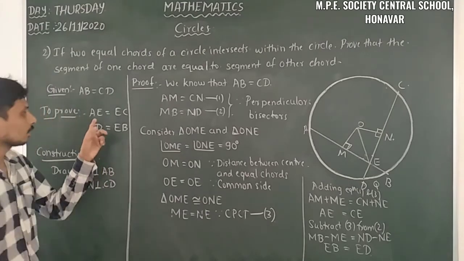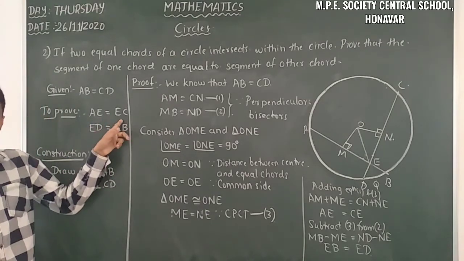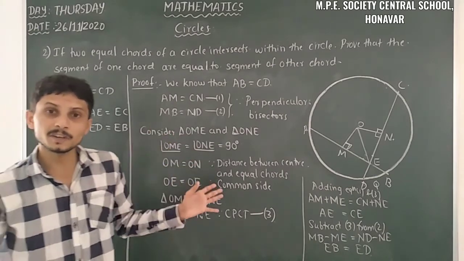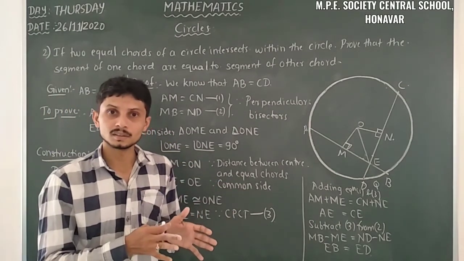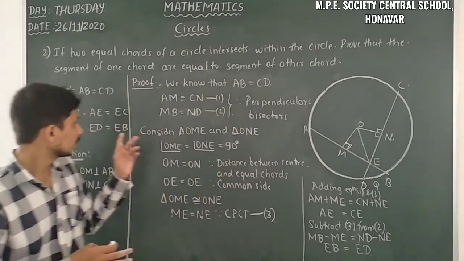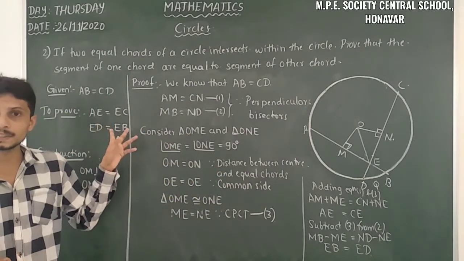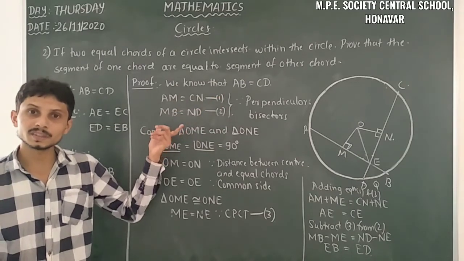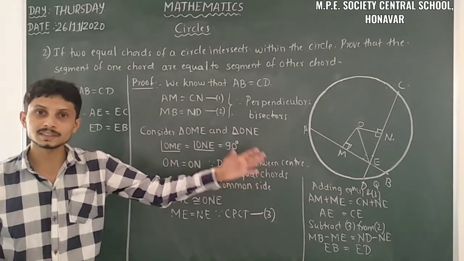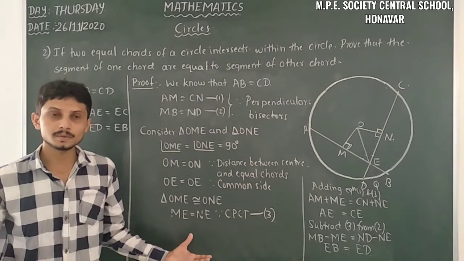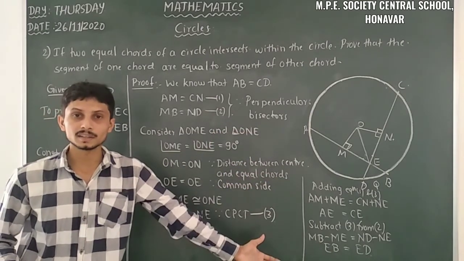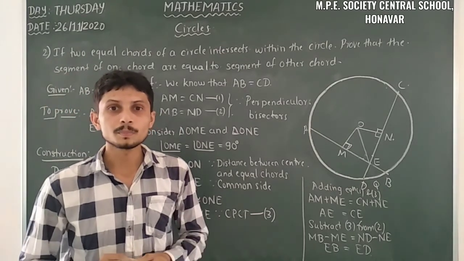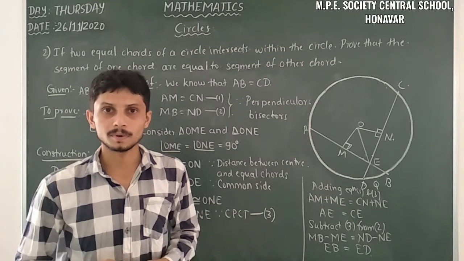So here we have these two equalities: AE is equal to EC, and ED is equal to EB. Firstly we have to think how to get this. It is a part of AB and CD. So firstly we consider that, and then what equalities we can take from these two things and what terms we need. Then we get the final result. So this is the proof of this problem.